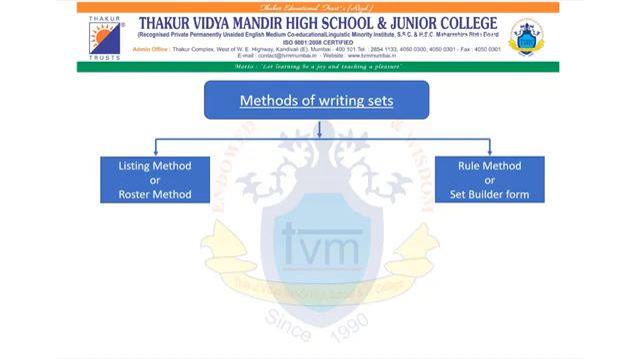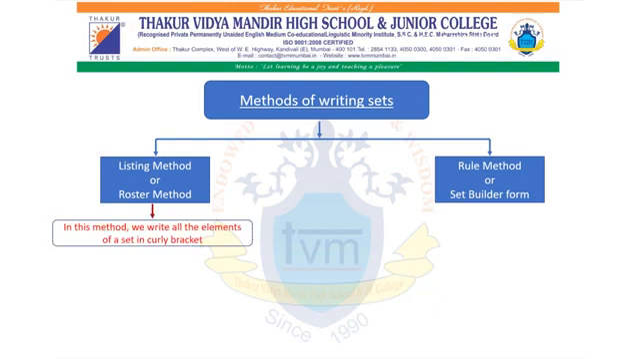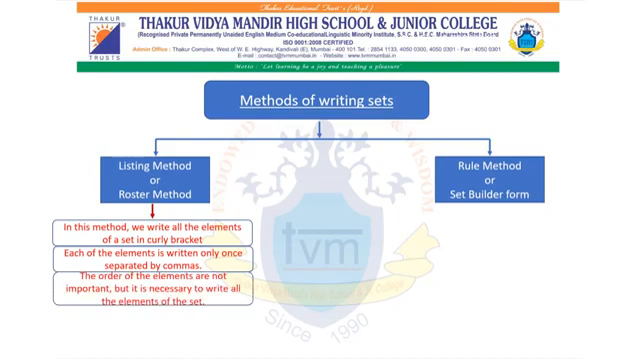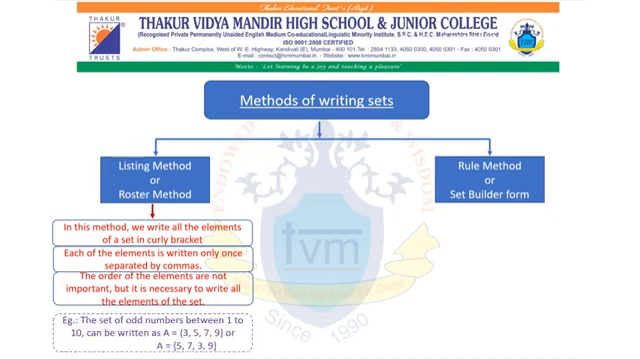Let us see listing method or roster form. In this method, we write all the elements of a set in a curly bracket. Each of the elements is written only once, separated by commas. The order of the elements is not important, but it is necessary to write all the elements of the set. Let us see one example. The set of odd numbers between 1 to 10